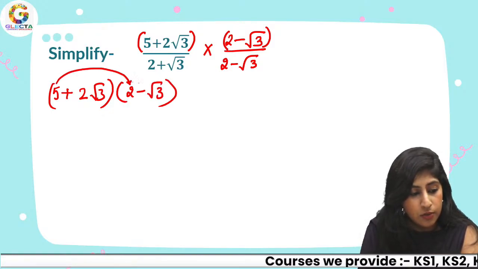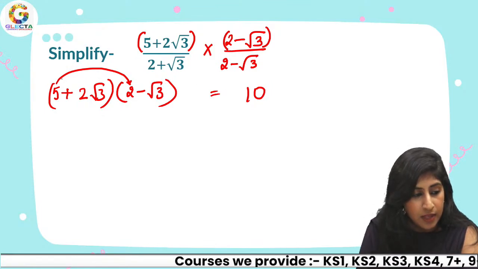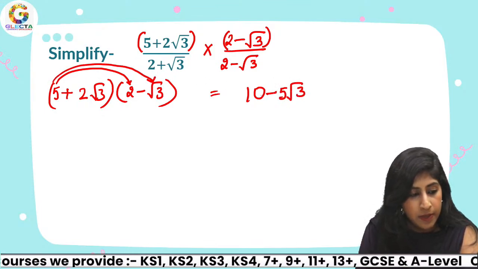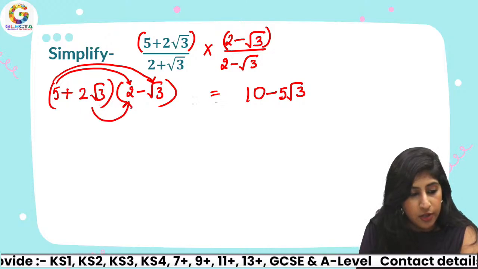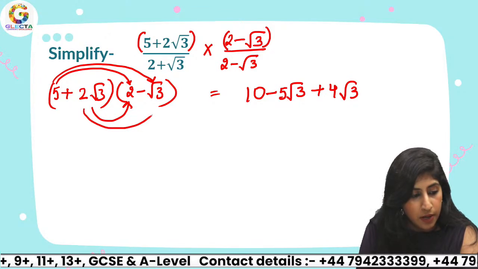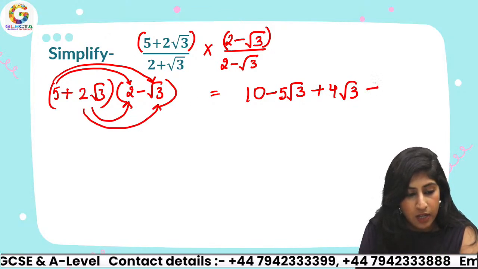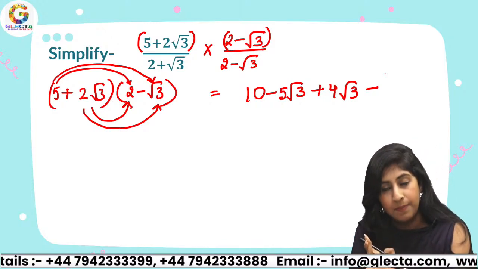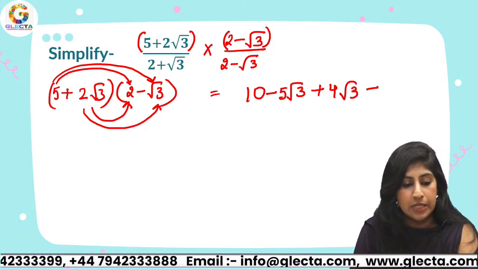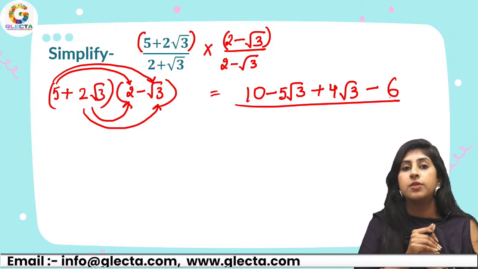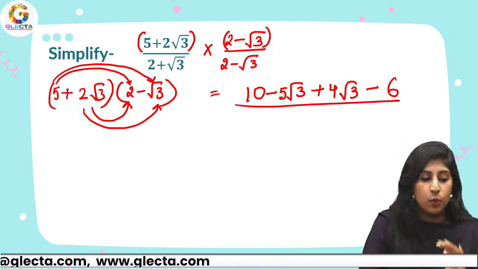5 times 2, 10. Then 5 times √3, negative 5√3. Then multiplying this, which is 4√3, and then multiplying this, which is minus 2 times √3 times √3, is 3. 2 times 3, 6. So negative 6. And in the denominator, now you see, in one bracket